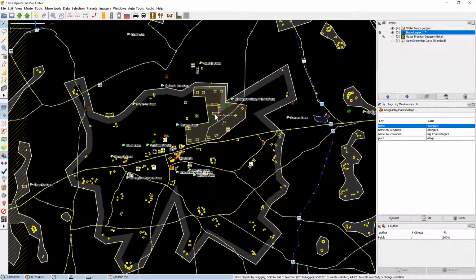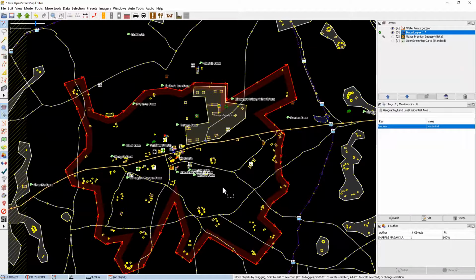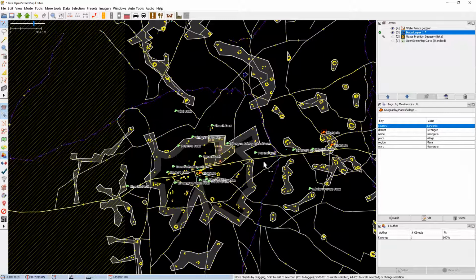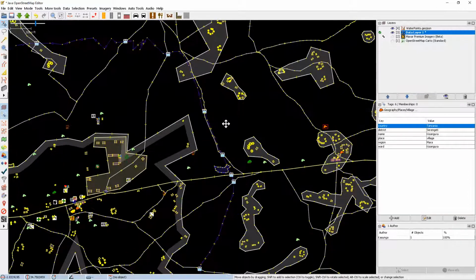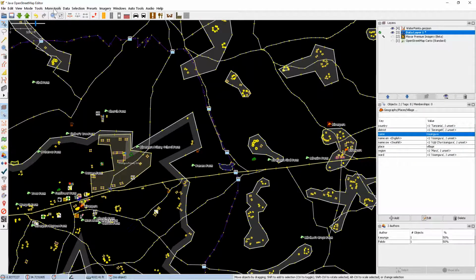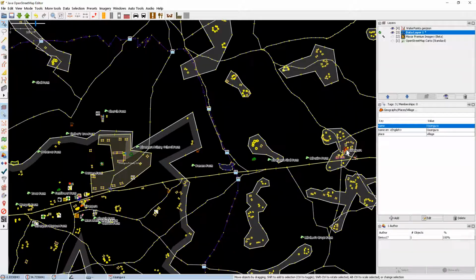And so let's see where else. Here is a tag that says Kisangura, and here is one. So, yeah, Kisangura is a ward, and there is a village called Kisangura too. Right, and so I think this is the village here, the main part. And so what we do is we pick this one and this one. I pick the two, and then I go to more tools and say replace geometry. And so now it's just Kisangura here. Same thing here, Kisangura,